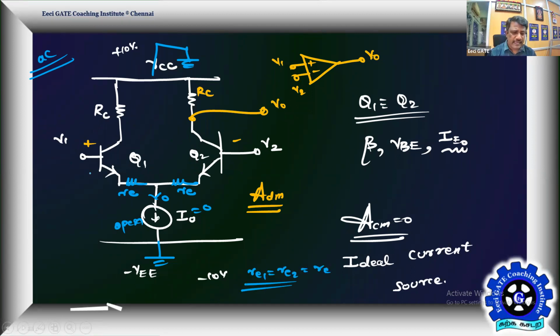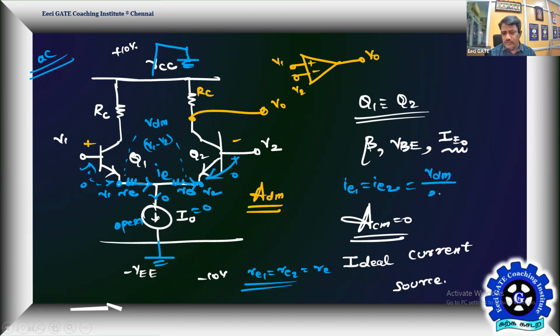As per the small signal equivalent, this potential difference is 0, therefore this potential will be V1. Similarly, this potential difference is 0, so this potential is V2. Between the two points we get V1 minus V2, which we are all aware of, is the difference mode component. What's the current in this re? The same current is here. Therefore the small signal current, the emitter current of both Q1 and Q2, IE1 equal to IE2, but IE2 goes from bottom to top, is VDM divided by 2 times small re.